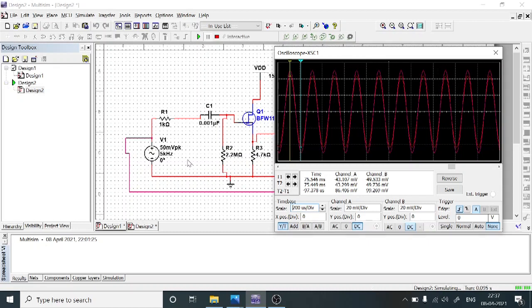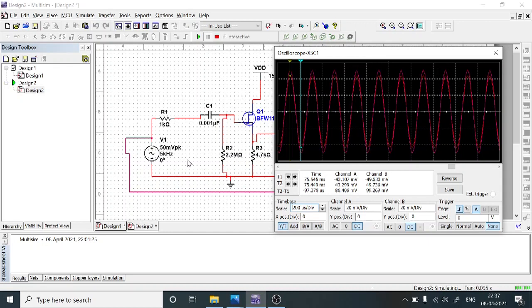After all these observations, now we need to calculate the gain. We know that the gain is defined as the ratio of output voltage to input voltage. We observed the output voltage with respect to each and every frequency while maintaining the input voltage constant.